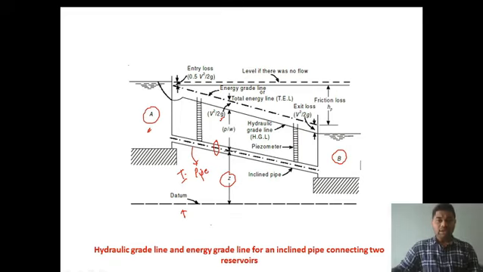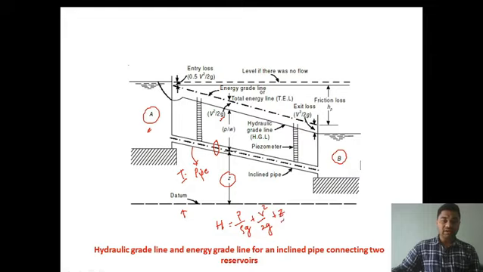Earlier we have seen the datum head Z. What was our total head equation? Total head is equal to P by rho g, which we call the pressure head, plus V square by 2g, which we call the kinetic head, plus Z, and this Z is our datum head. The distance from this arbitrary plane to the center axis of the pipe is known as Z. It is a numerical value, 1, 2, 3, 4, 5, whatever it is.